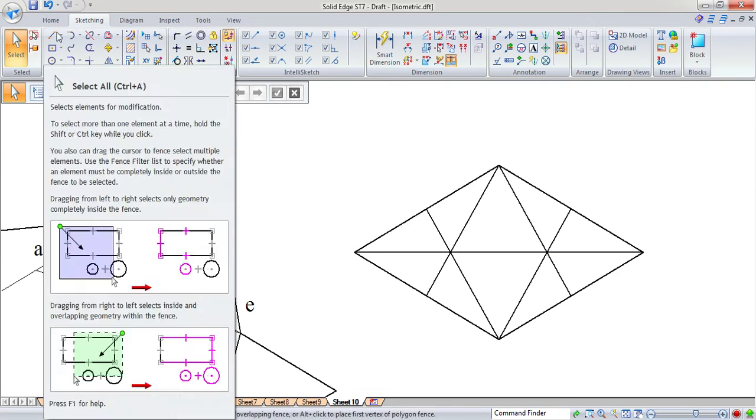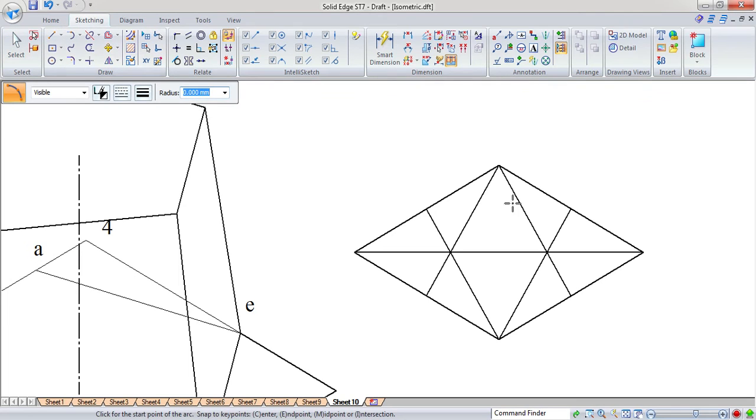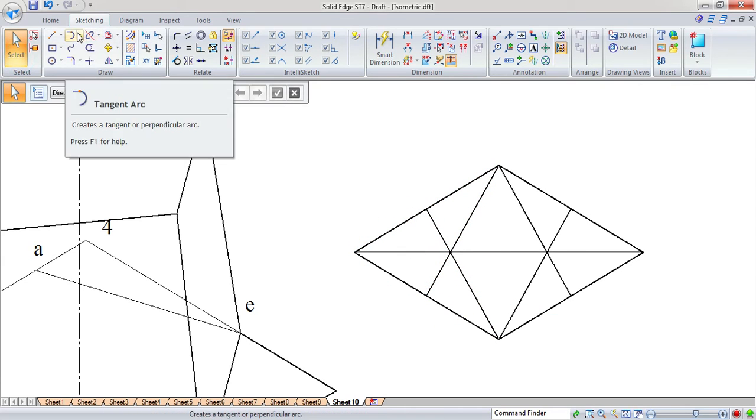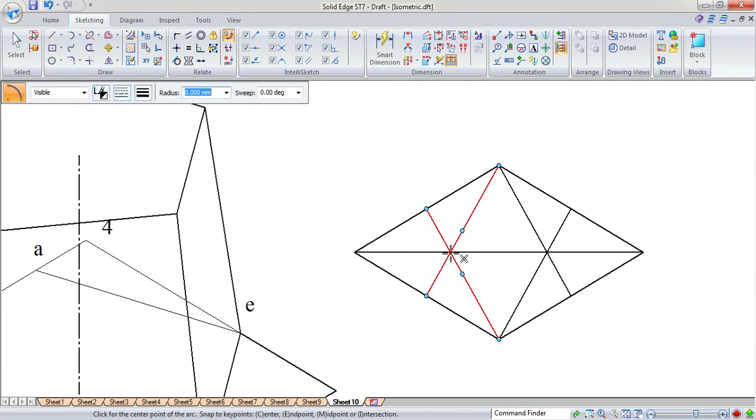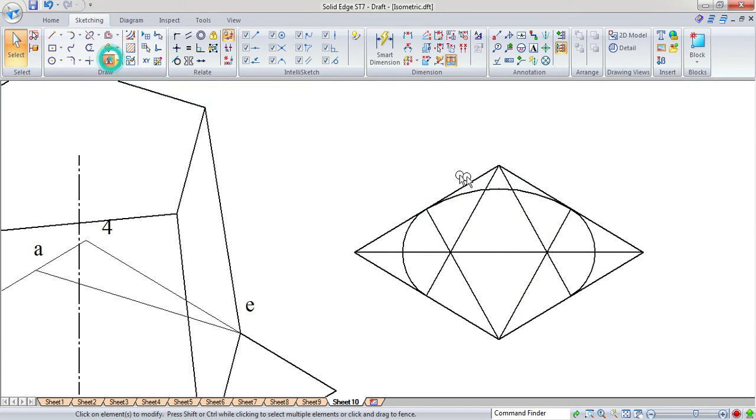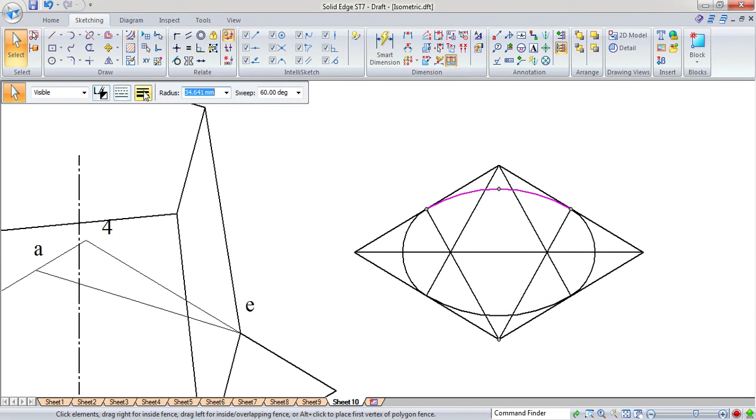Again you can zoom the area, go for the arc by center point. This will be the center point, this will be the radius, sorry, I have to go for the third one. You have to extend again here also, this will be the radius, it has to extend here, this will be the center, this will be the radius, and it has to extend up to this point. The remaining one you can just mirror, and this is actually not visible when you're looking from the front. So you can just thin the line.